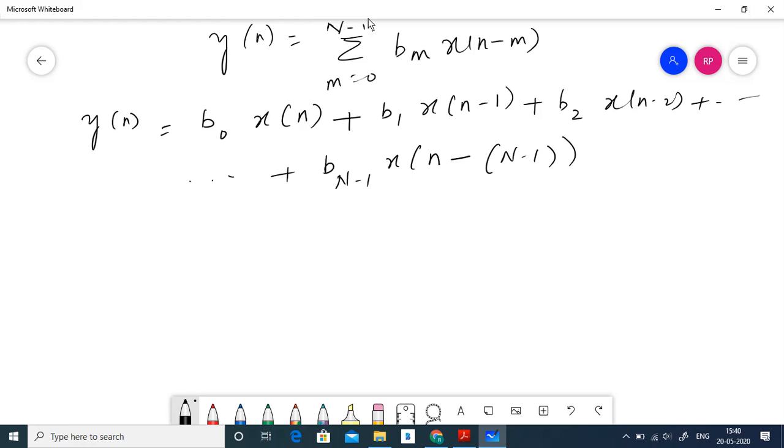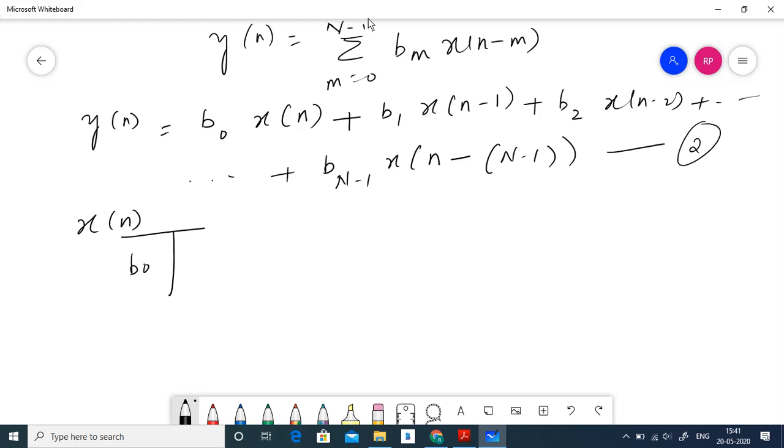I call this equation number 2. I'll use equation number 2 to write the block diagram in direct form 1, which represents the FIR filter. If you observe here, we have x(n), and there are some constants associated with it. We need to perform constant multiplication, and then if you add them together, we'll get the output y(n). So let me write x(n) first. What is the constant associated with x(n)? It is b0. So I'll multiply by that constant.